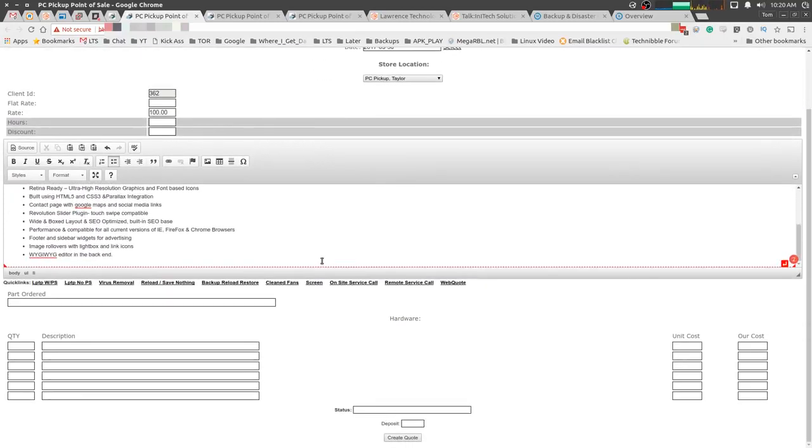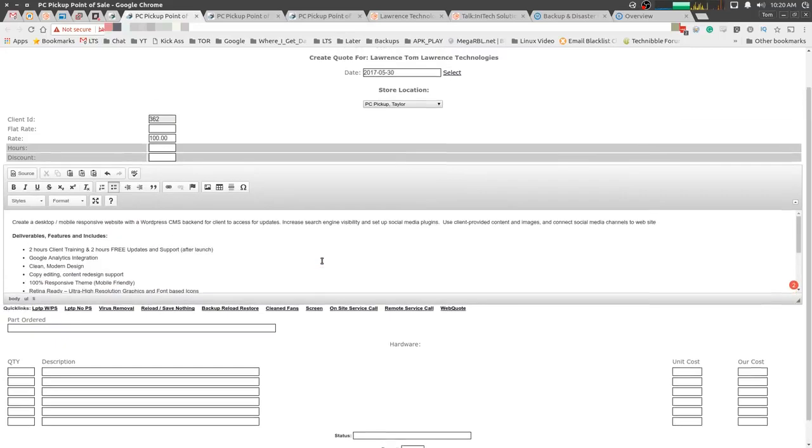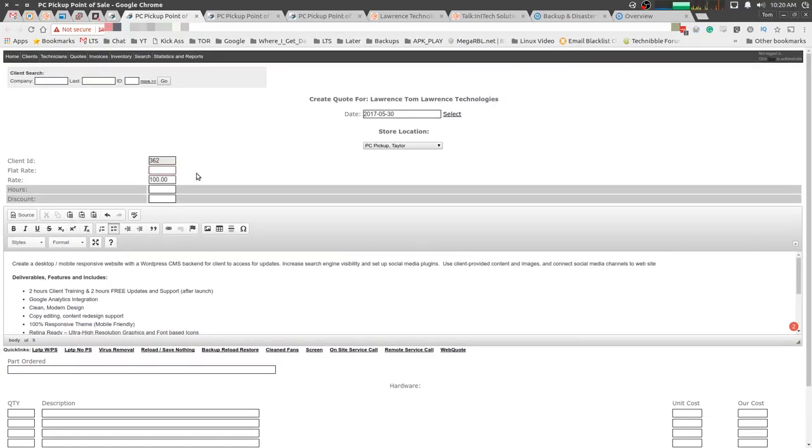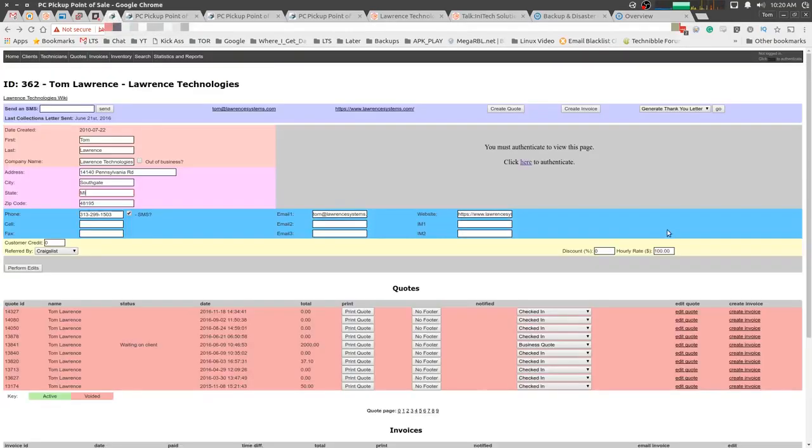So this also is simultaneously our quoting system. I like it all being one system because it just makes everything super easy. And then we can just put in a price, an hourly rate, a discount if they have it. The hourly rate default fills in because in our customer profiles, we have an hourly rate in here. And to see a customer in action,